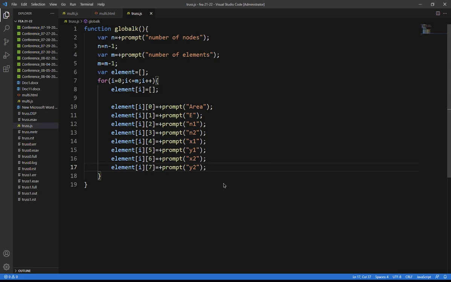So these are the inputs, whatever is required as a global stiffness matrix, and this will prepare a global K. Okay. So now to solve a problem for debugging purpose, what I do, this will return K. This will return element